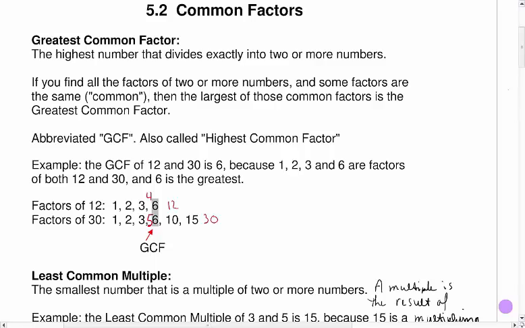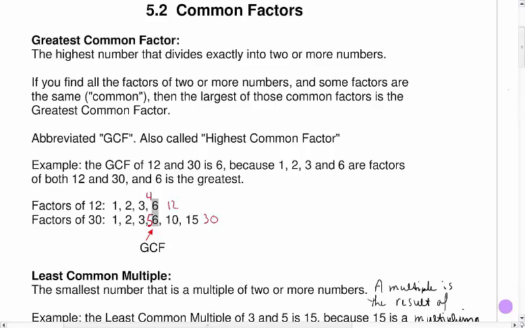Hi everyone, we're going to take a look at the greatest common factor and the least common multiple in this video. In the first part of the video we will define the terms and run through a couple of examples that you should be familiar with from past math classes. And in the second half we're going to run through a couple of examples where we will use prime factorization